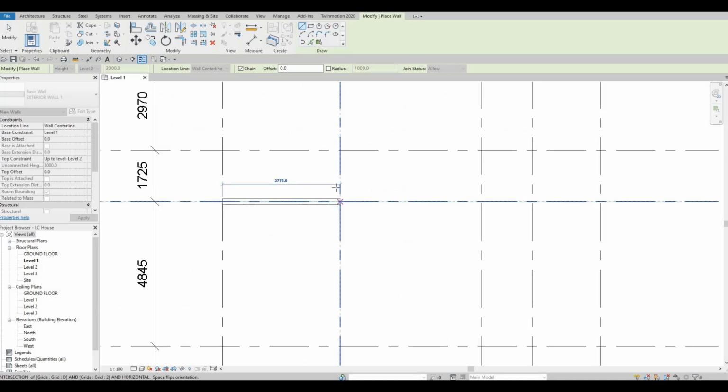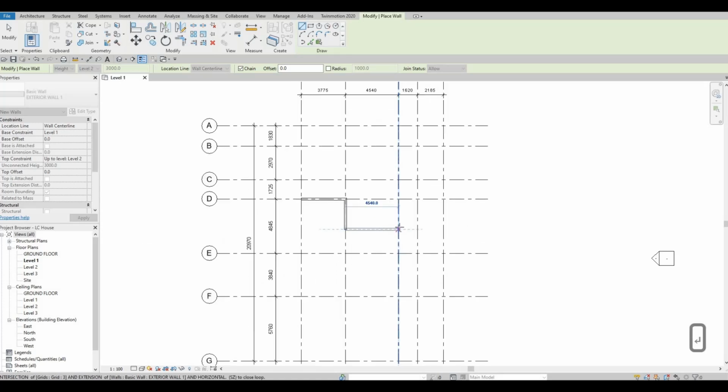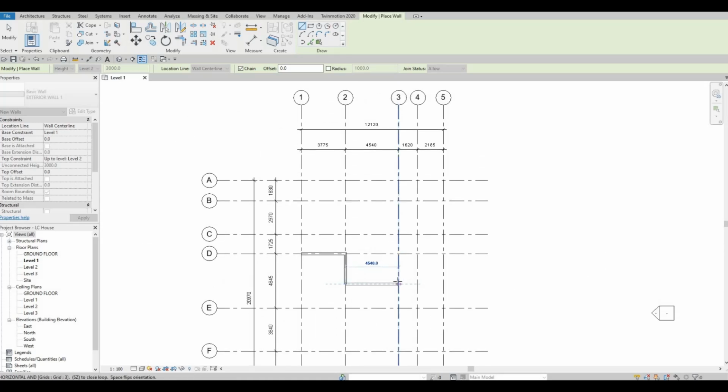So click on D1, and then from D1 go to D2. So click right here. After that, go down 2700 from the D grid. So 2700, click enter, and then across number 3 grid line, and then go up to C grid line, and then go across again to C5,